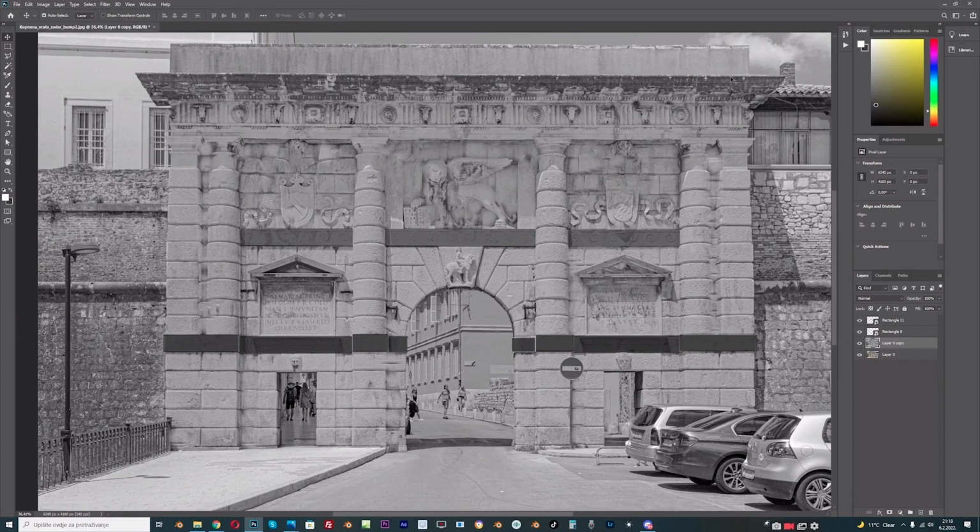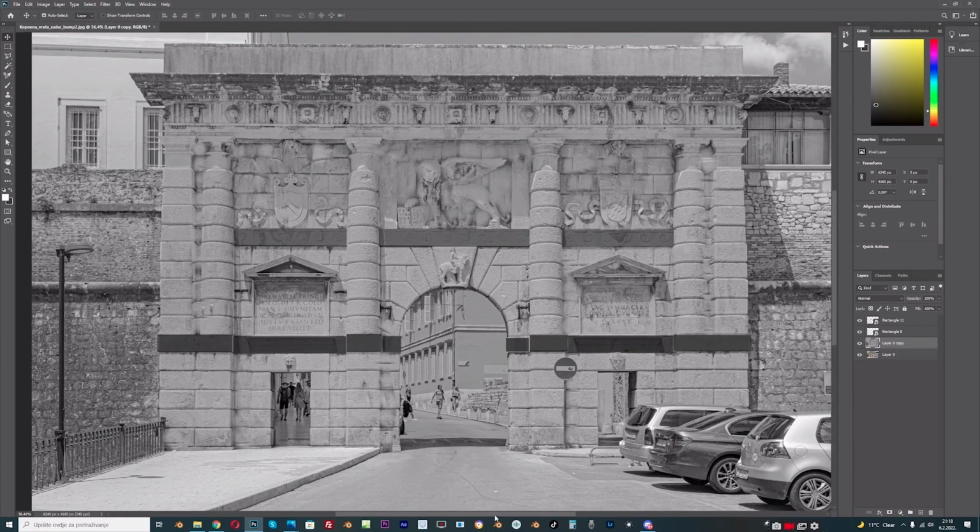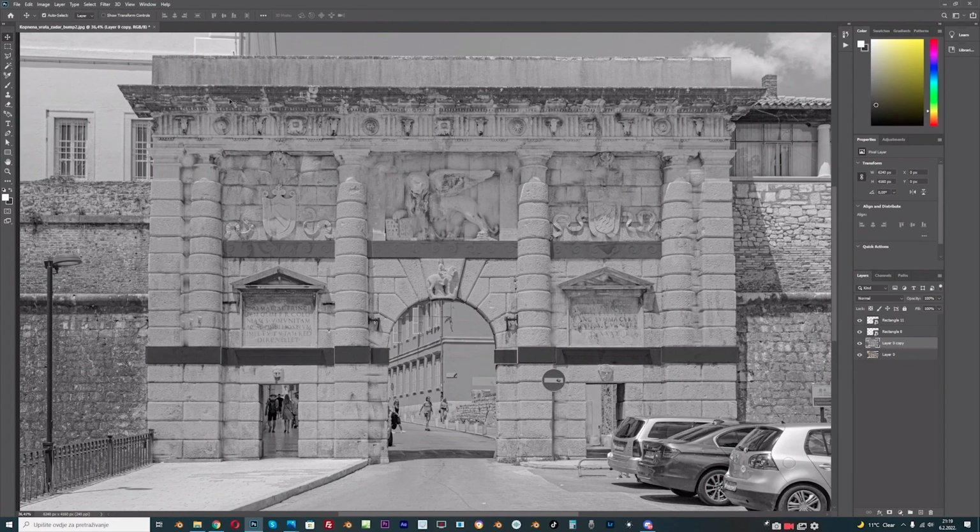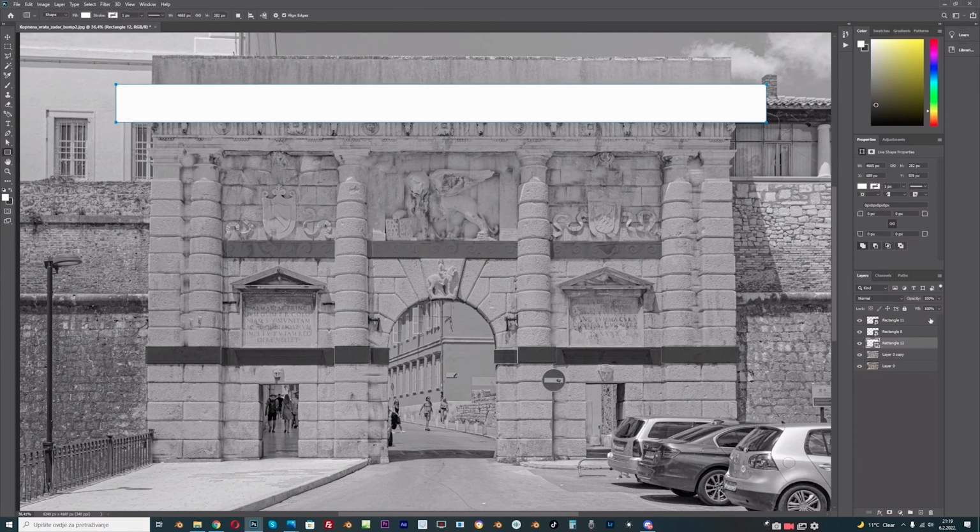And this part here is so black and it will create a lot of problems, but it's too hard to paint on this. So I think I will go with this rectangle tool and just bring opacity down,